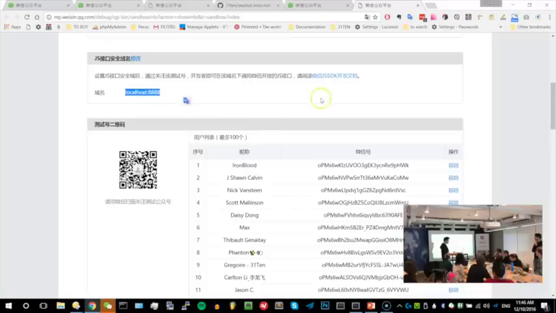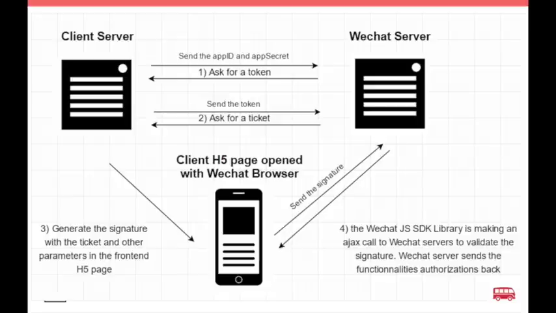This one is important. When WeChat communicates, if we come back to this slide, it communicates with one of your web pages, for instance myawesomewebsite.cm. WeChat is only going to allow communication with domain names that are whitelisted.